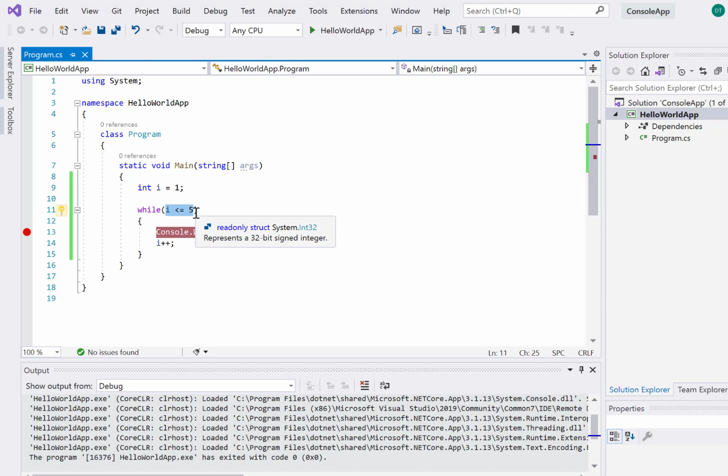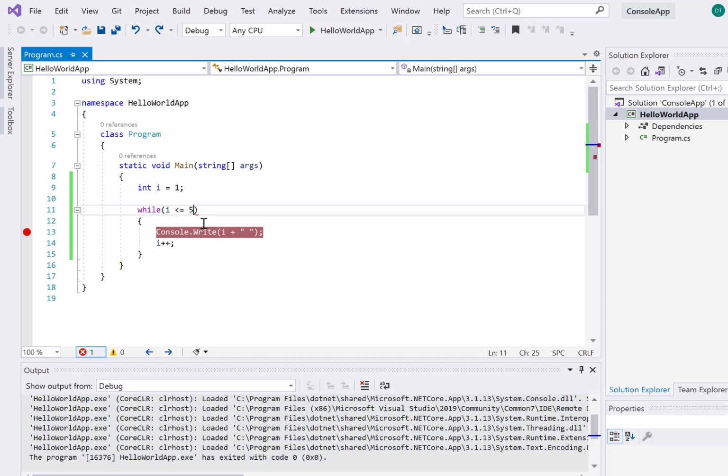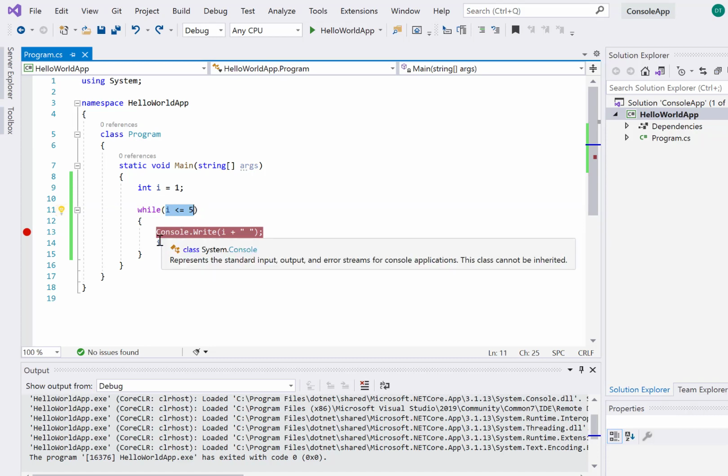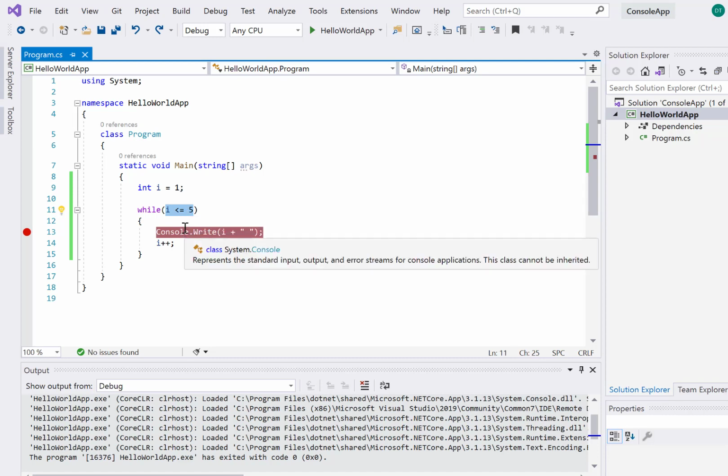So let's say if I put I less than or equal to 500, it means it will print from 1 to 500. And let's say if you just put true, it means it will keep on going because it is always true, right? So you should always make the conditions, this is basically a logical operator. It says that until this condition is matching, it will keep on doing this execution, right? So you have to be very careful, it should not be always true, otherwise it will keep on executing and then it will give a stack overflow exception, right? So that's what you have to take care of.